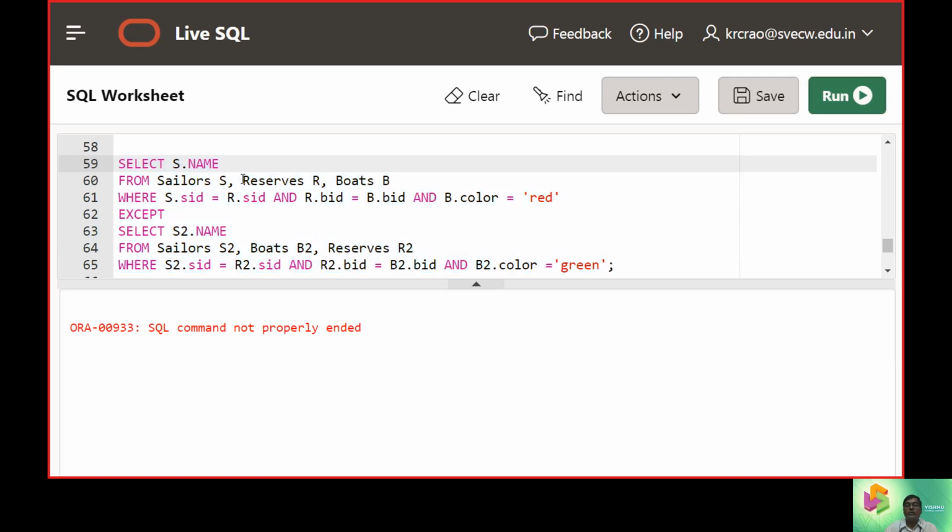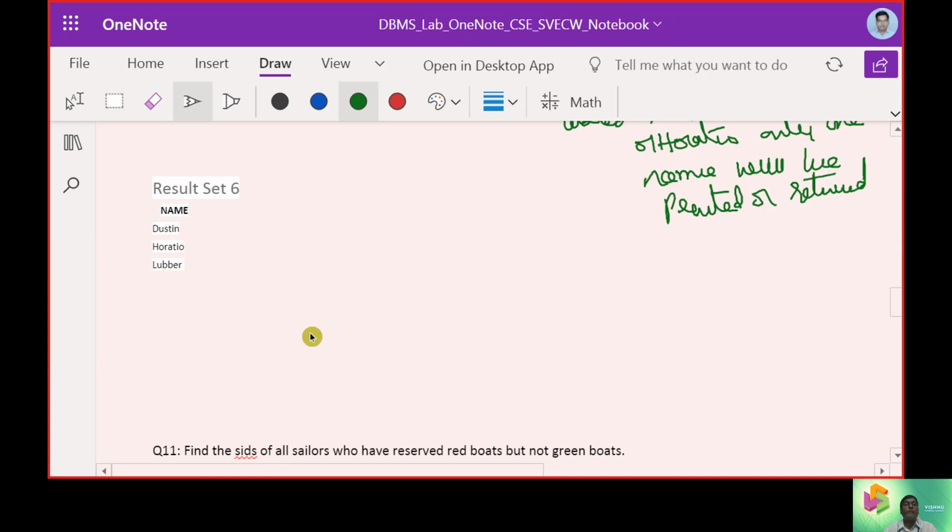The reason was we have not taken up any values which are totally taking with red or green. So there is no record found as of now. So we will get this error as SQL command not properly ended.